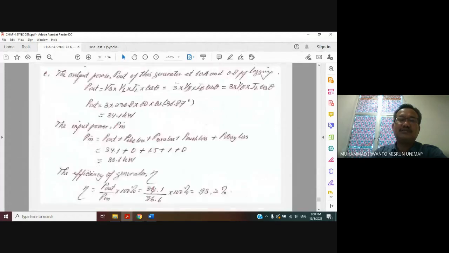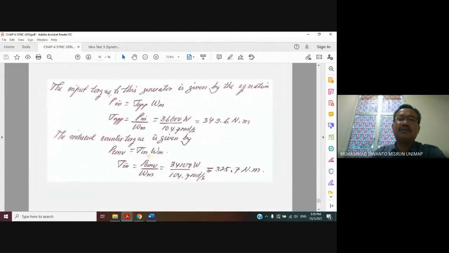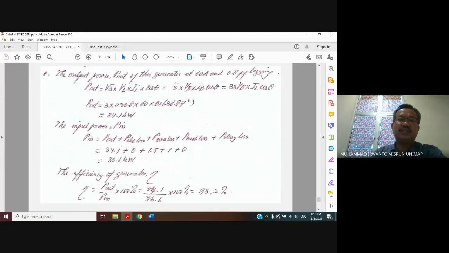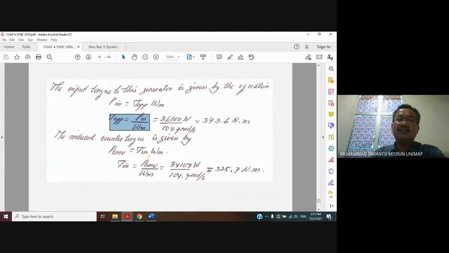Now, the applied torque can be found from this formulation: input power is equal to applied torque multiplied by mechanical speed, or applied torque is equal to input power divided by mechanical speed. Input power has been obtained from here, 36.6 kilowatt or 36,600 watt, divided by omega m,